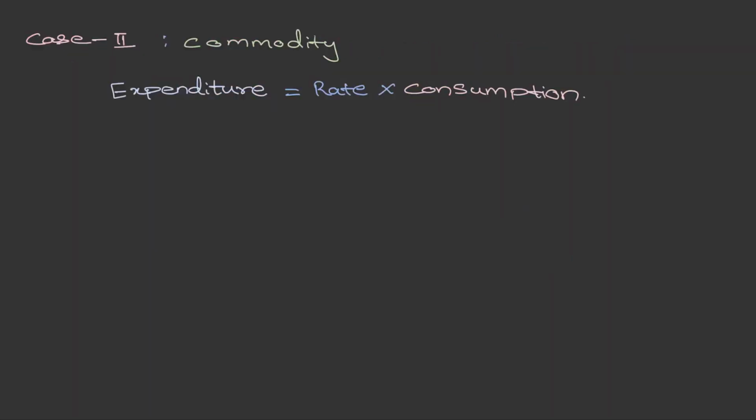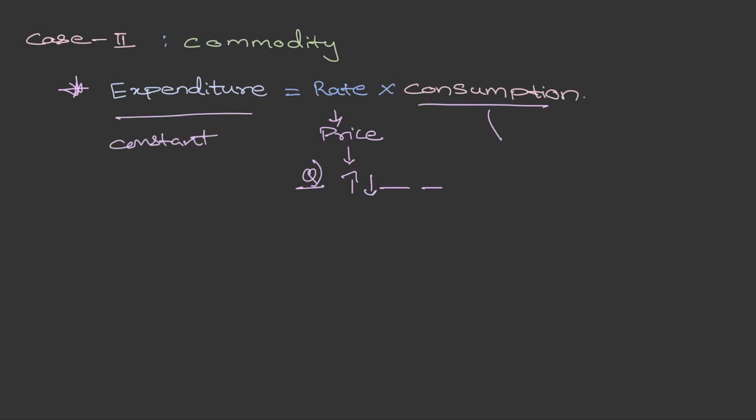Moving on to the next case, commodity. Here we must remember that expenditure is equal to rate into consumption. Rate is nothing but price. Generally, questions will be asked like, price of a product is being increased or decreased by so and so percent. Then, how must consumption be limited so as to maintain expenditure constant? Or they may even ask us, if the consumption must remain the same, then how must the expenditure vary? So to find this,